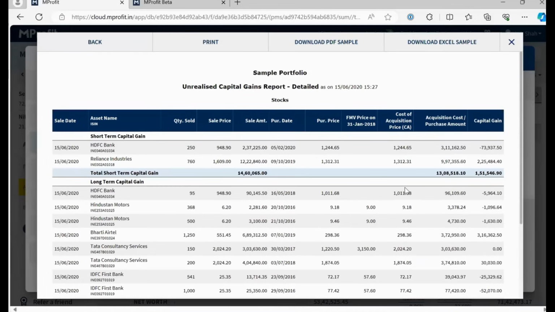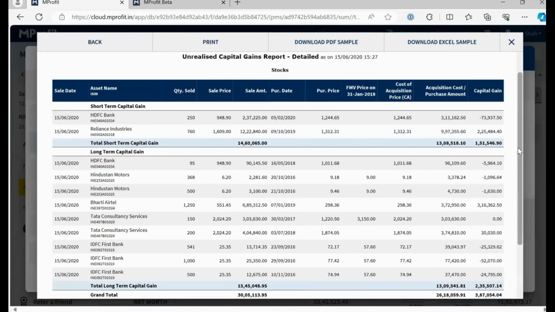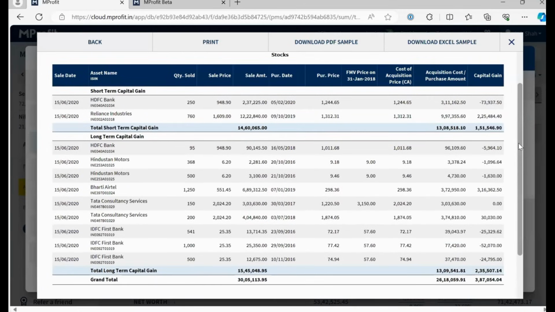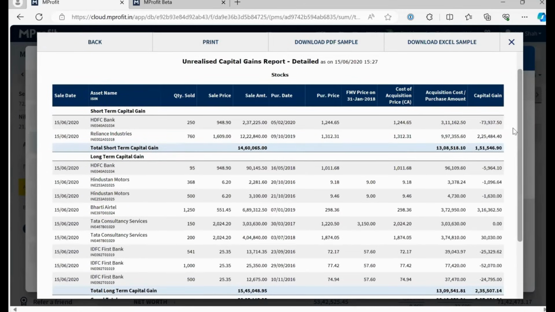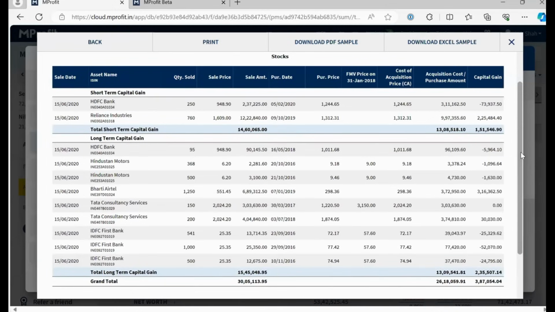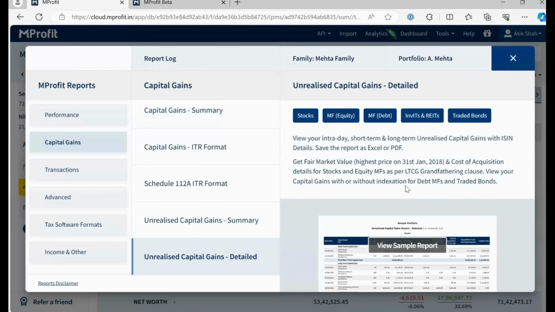So as you can see, it's a sample report, but if you open the actual report, it will show the sell date as today's date, and you can actually take the decision if you exit or if you redeem the particular mutual fund, what will be the short-term gain or loss. So this will help you to make certain decisions to redeem the particular mutual fund based on the taxation. Yeah, so this will tell you what your current notional capital gains are and how you can act upon them for your mutual fund portfolio.